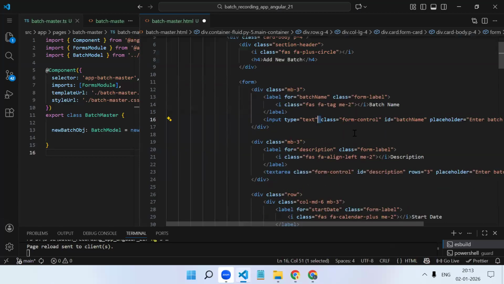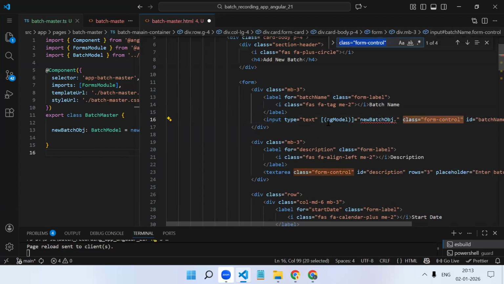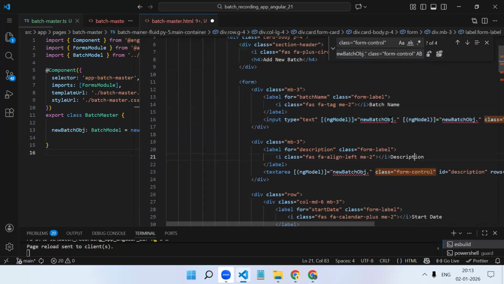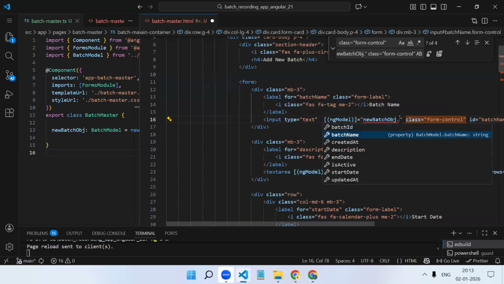Now batch name. So here also there is a shortcut. Okay. So for the first text box I will write ngModel, your new batch object dot. This is going to be common. So what I will do, I will search this and I will replace with this. So these are the shortcuts which will help you to increase your development speed. Okay. So dot your batch name,